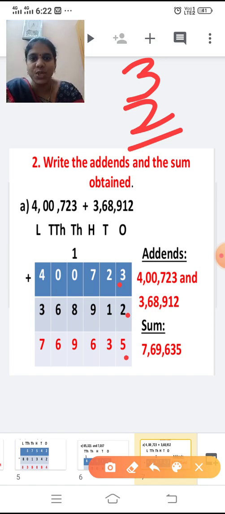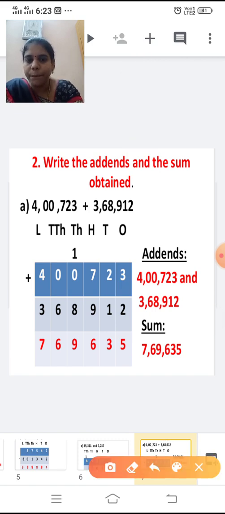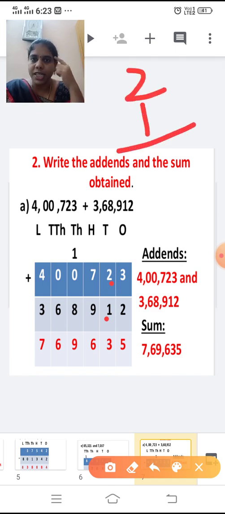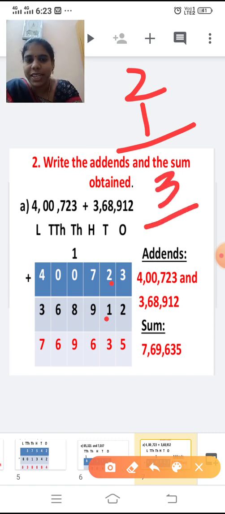Now move on to the next one, tens place. Shall we add the tens place now? 2 and 1. Add 2 and 1 and tell me the answer now. Keep 2 in mind and 1 in the finger. After 2, I'm going to add only one number, right? So 2 plus 1 is 3. So write 3 in the tens place.